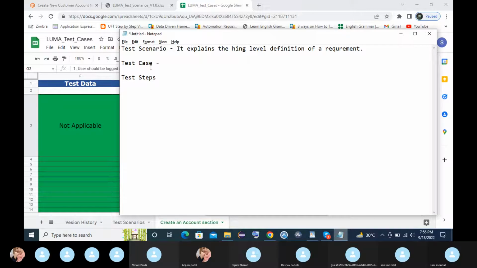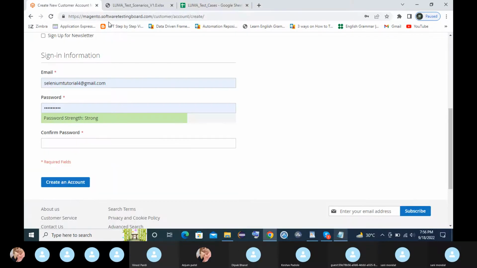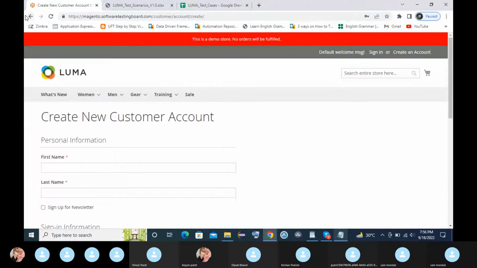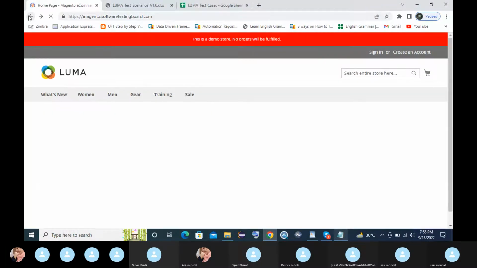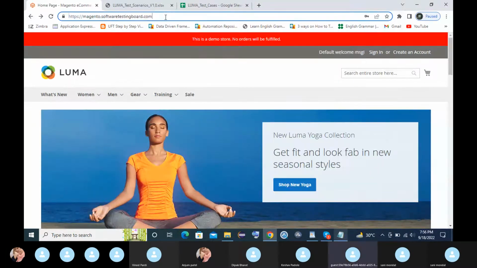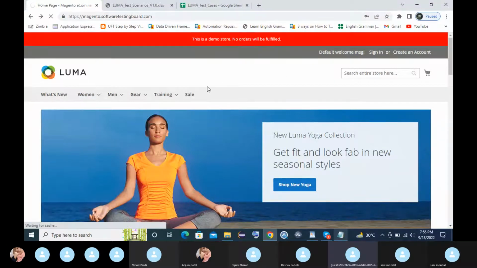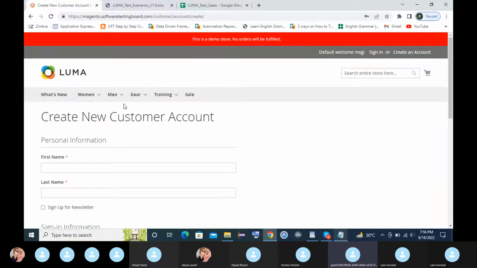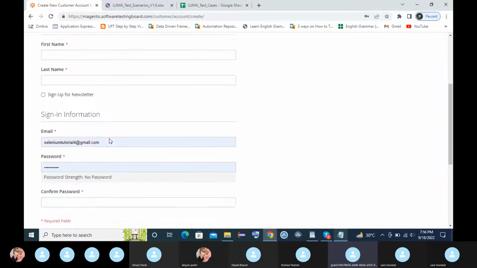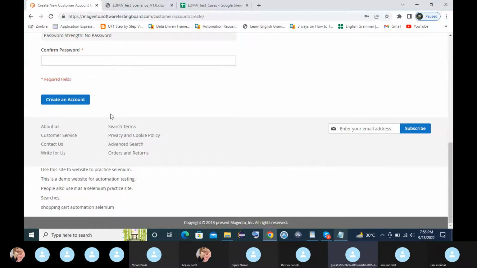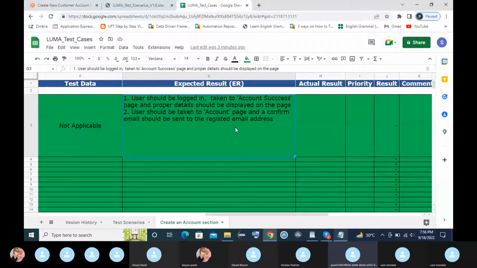Let's suppose I told you to do this testing. So what will be your test step? First, you will open this URL on the browser. Next, click on this create an account link. Next, the next details that you are going to test, you will write one by one. So in that way, you have to write your test steps so that not only you, if anyone follows these steps, they can easily test